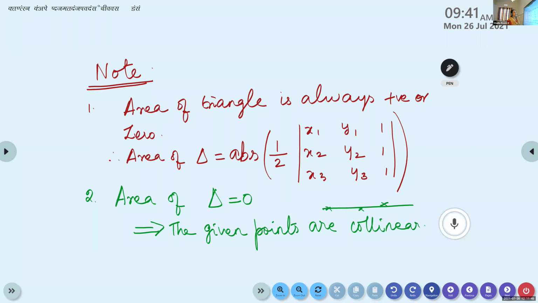Okay. So with this, we can start doing the problems. Write the question. You copied? Up to this, is it okay? Shall we start? Yes. Tomlin, what is the formula for finding the area of the triangle? Ma'am, half into determinant x1, y1, 1, x2, y2, 1, x3, y3, 1. Okay.